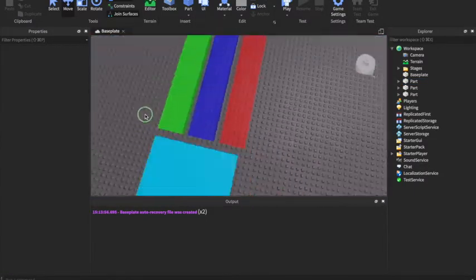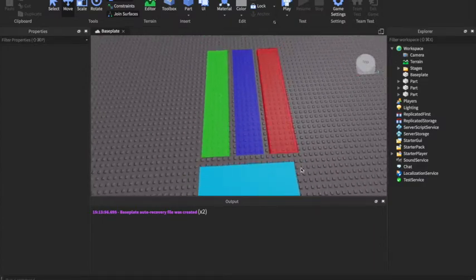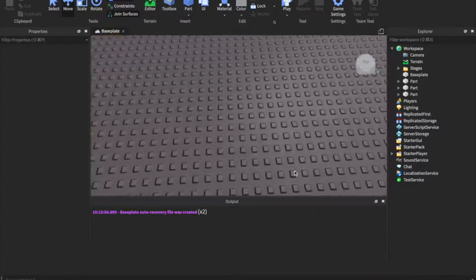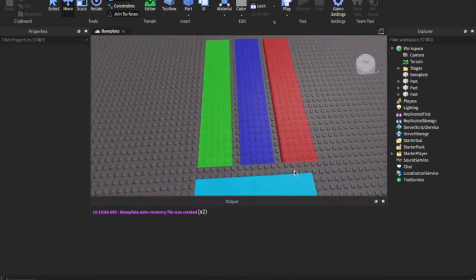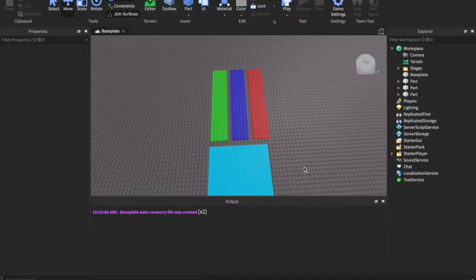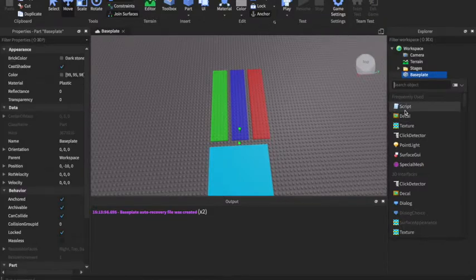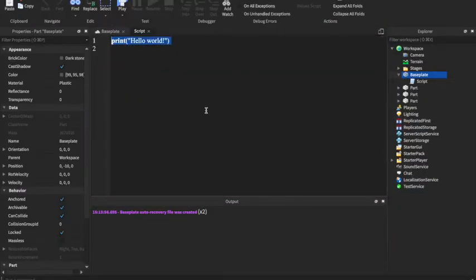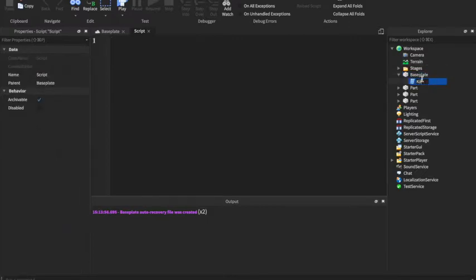Now, what we can do is we can script the base plate. There are 2 ways to do this. One of them is just to delete it. Or if you just want to learn some basic scripting, we can do a kill script. So inside of the base plate, we can insert a script. You can rename this to kill script. And what we can say is you can say